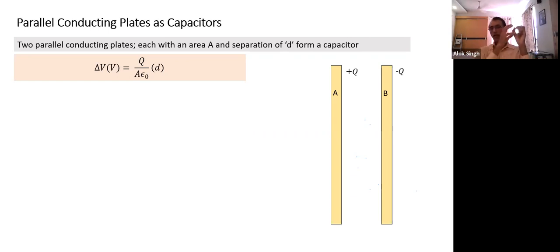So if there is a potential difference of 1 volt between the plates, and I transfer 1 coulomb of charge from the positive plate to the negative plate, what will happen to this potential energy? Potential energy will decrease. If I transfer 1 coulomb of charge, how much energy will decrease? Charge times potential difference. Yes, energy will decrease by 1 joule.